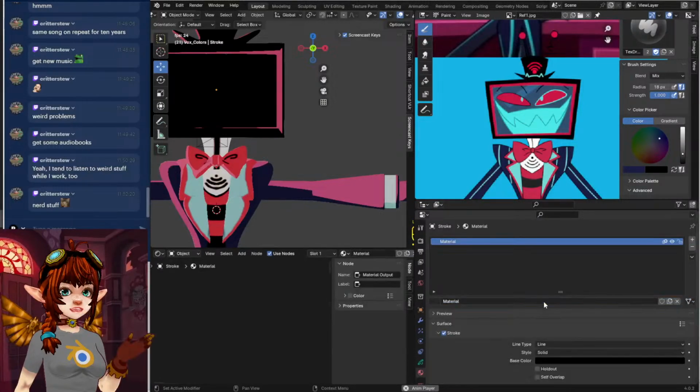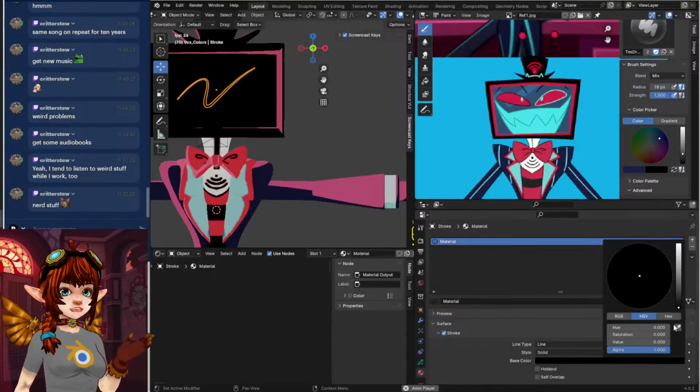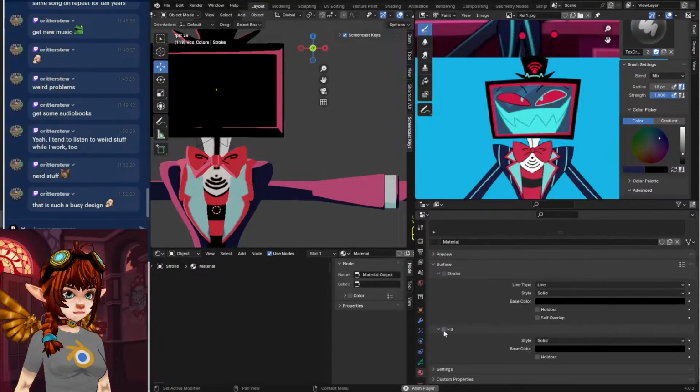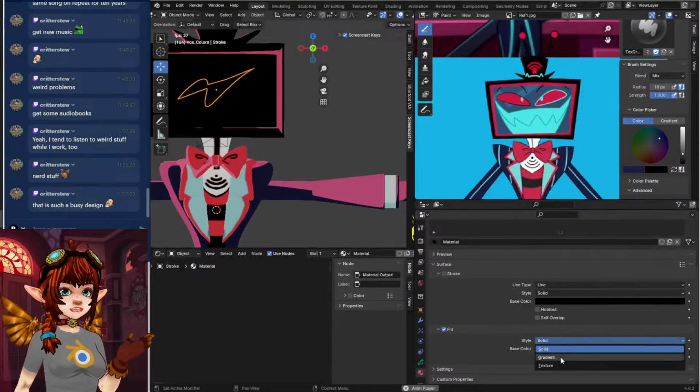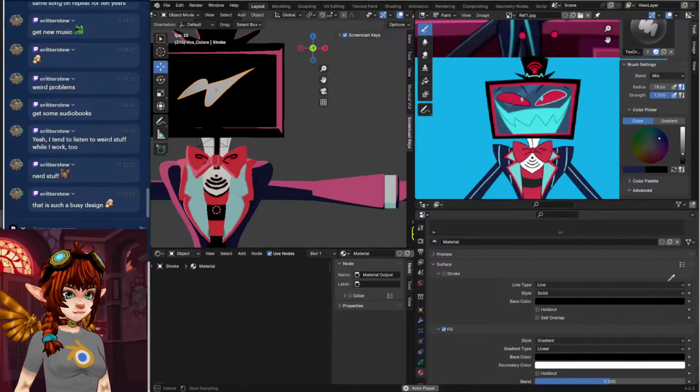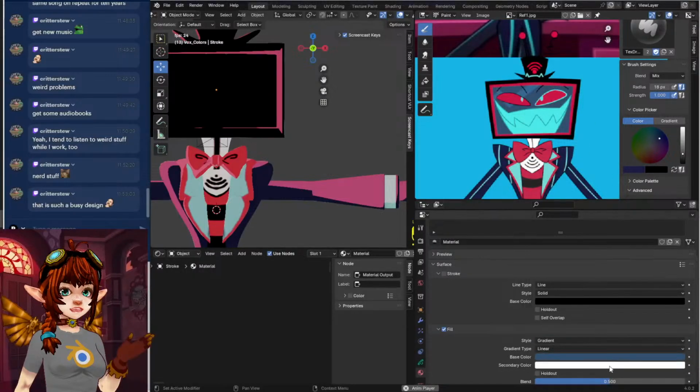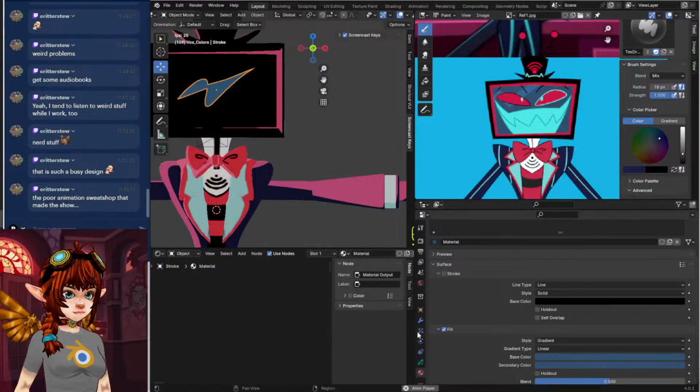Okay, so we're gonna make a new texture here. And it's gonna be a fill. It's gonna be a gradient. We're gonna go ahead and select here, and then